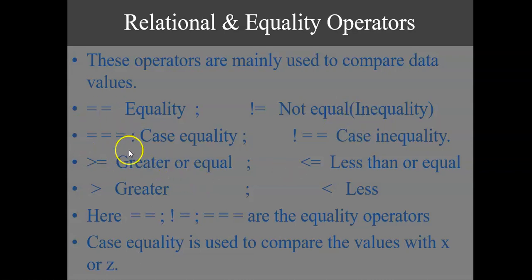And another most important thing here is three equals signs. This is called case equality. This is case inequality. This case equality is one of the most important things, because many people get confused with equality and case equality. They will have a doubt: what is this equality, what is this case equality. Equality means this will be